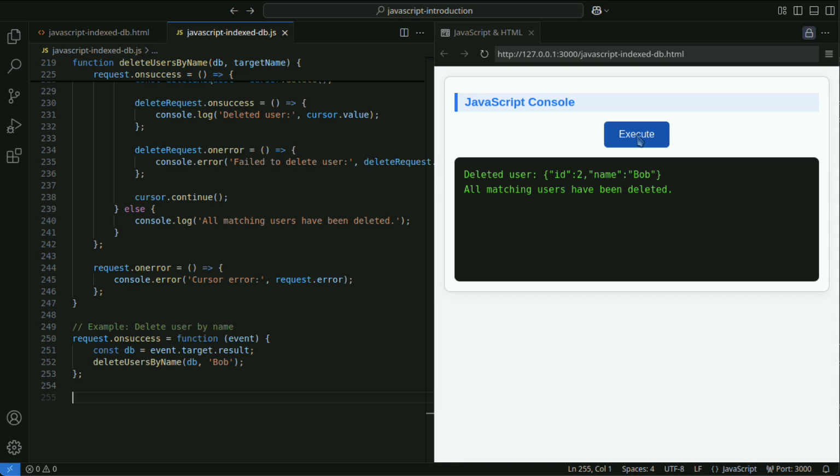IndexedDB is asynchronous and event-driven. All operations must be handled with onsuccess or onerror events. When you want to group multiple processes together, it is convenient to wrap them in a Promise.